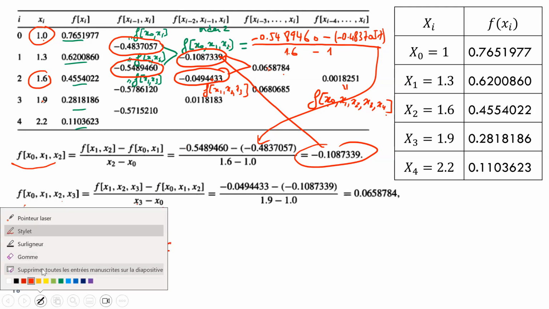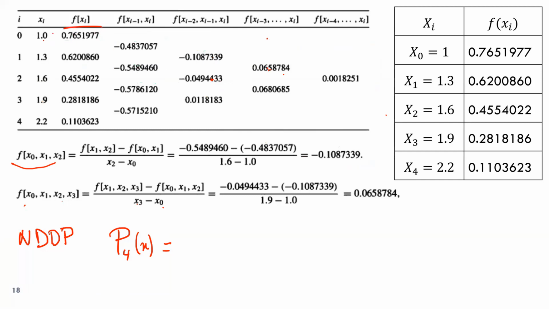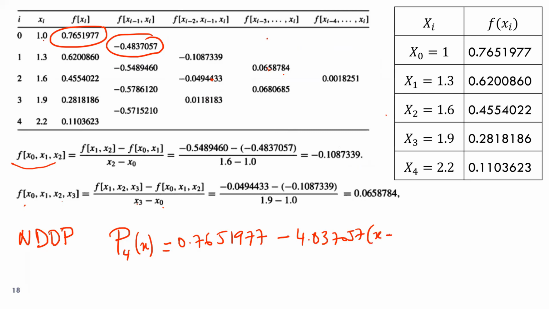في البولينوميال we take only the first row. It will be F0. So 0.7651977. F0 مش X. بعدين minus هذه 0.4837057 (x minus x0) so (x minus 1)، وهذه minus 0.1087339 (x minus 1) times (x minus the second point اللي هو 1.3)